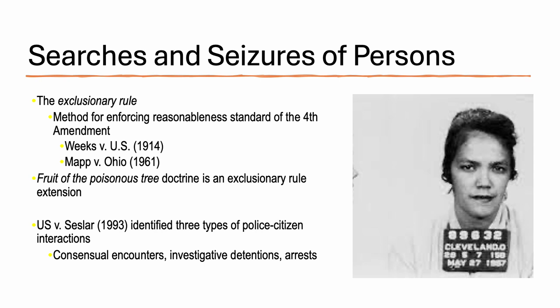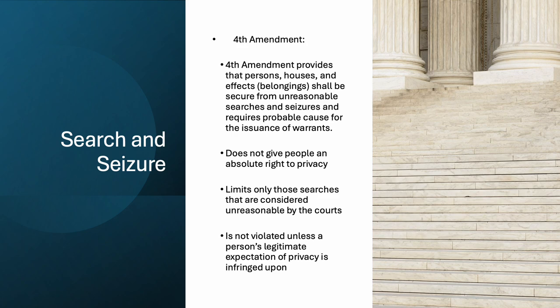So remember the three types: consensual encounters, investigative detention, and then there's arrest. And that's where, again, it's highly intrusive. There's a detention. There's probable cause to make that arrest. All of those things fall into place. Walk away from this slide with these three aspects: consensual encounters, a voluntary interaction; investigative detention, a temporary detention with reasonable suspicion; and an arrest, an actual arrest, taking a person into custody, using probable cause. Those are the three forms of police detentions.